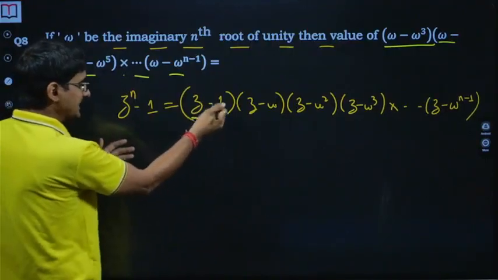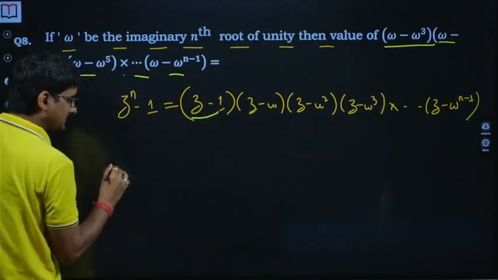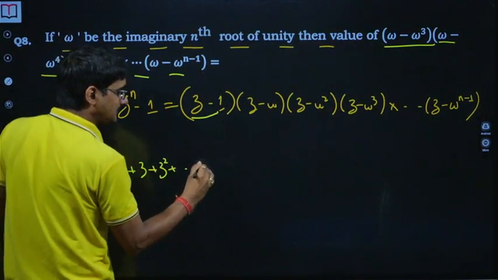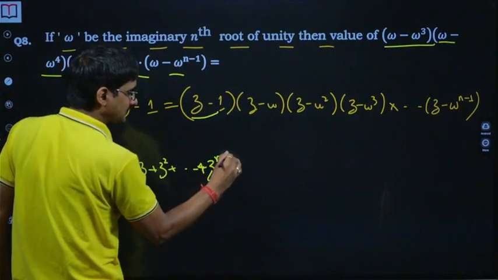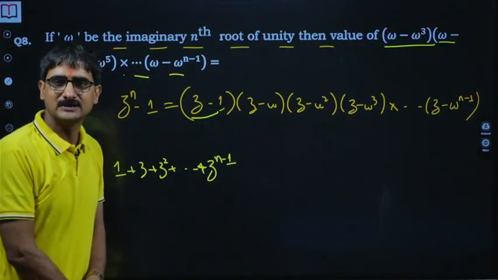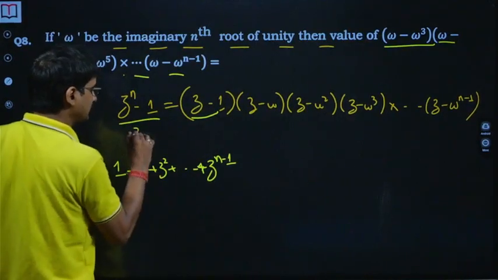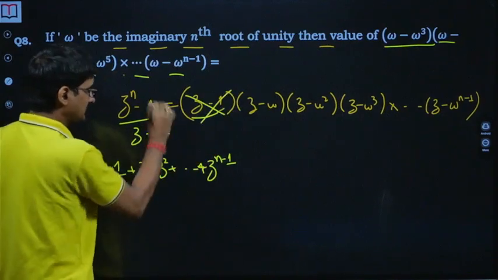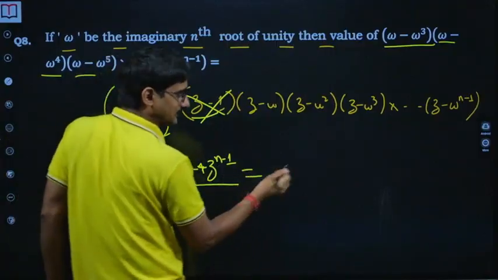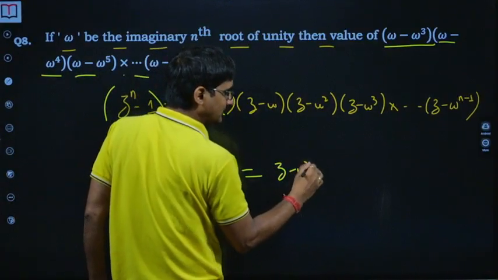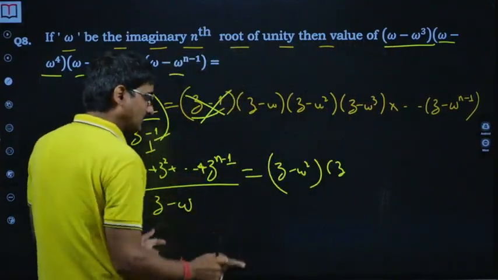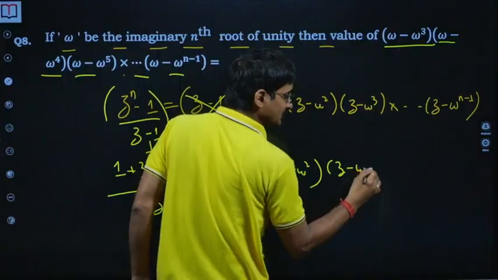First, since I don't need z minus 1, I will divide by it and rewrite it as a GP, an nth term GP: 1 plus z plus z squared plus dot dot dot plus z to the power n minus 1. So this is nothing but this, if you bring it to this side. Now I don't need z minus omega also, so I will bring it here, leaving z minus omega square, because the series starts from omega cube. I don't need even this one also.